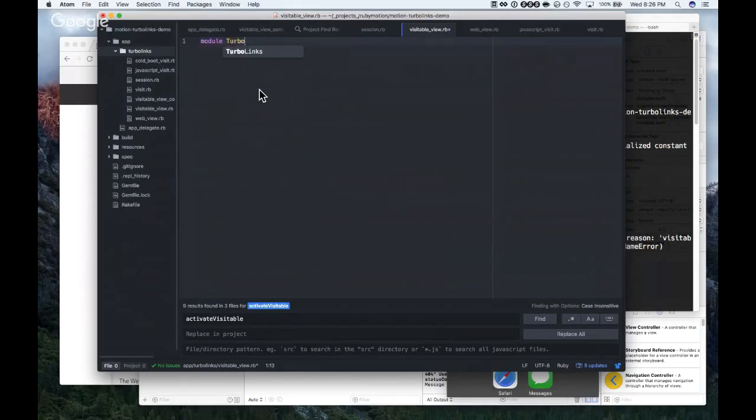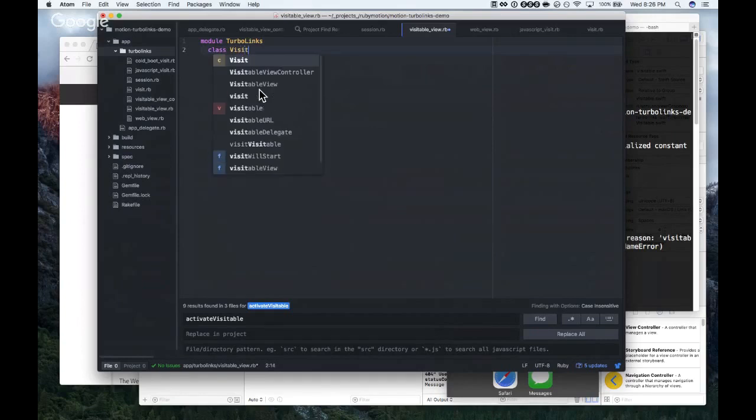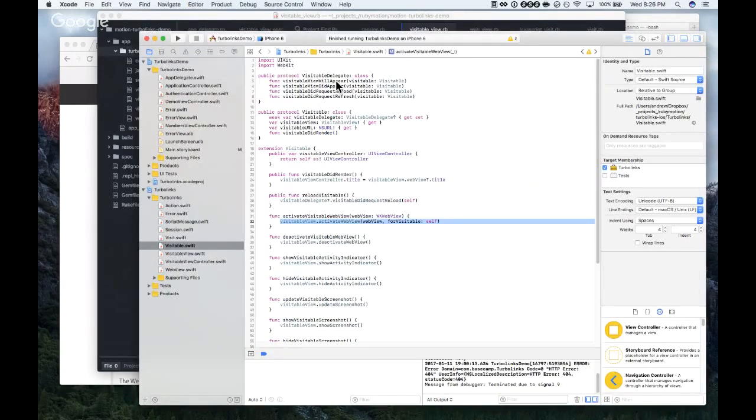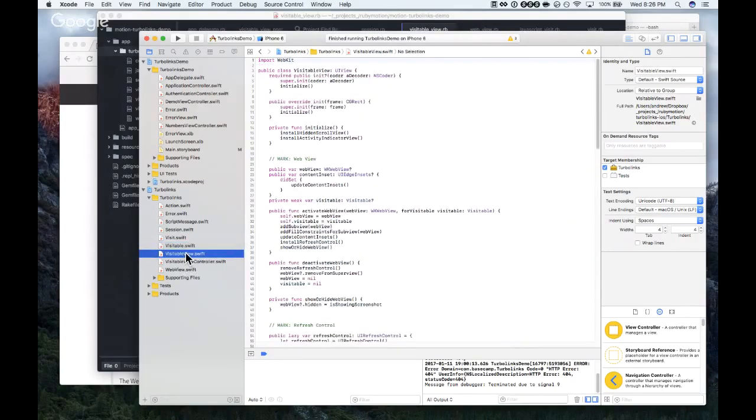Module turbo links, class visitable view. I'm curious what this is actually. It's a UI view.